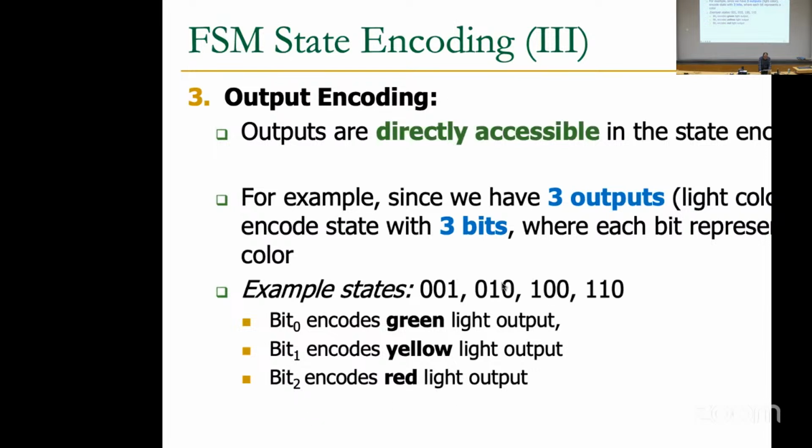So with this, for example, here saying that both red and yellow should be on. If you use this encoding, you can easily design the output. There should not be any actual logic for output anymore, because your state already shows the output. So that minimizes output logic, but unfortunately, it only works for Moore machines, which is understandable.